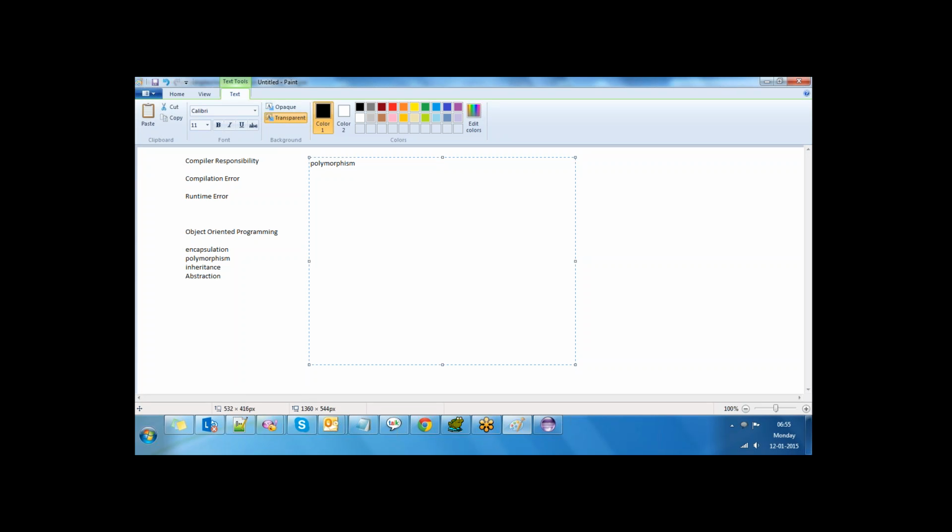I'm going to explain here. Defining more than one functionality with the same name in the same class is known as polymorphism.